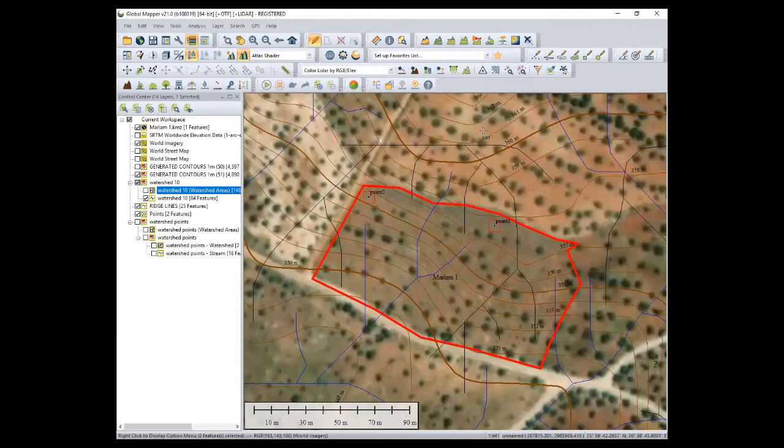Rather that we should construct them on the ridge, these black lines. Yes. But in most of our cases, we are forced to have the roads on